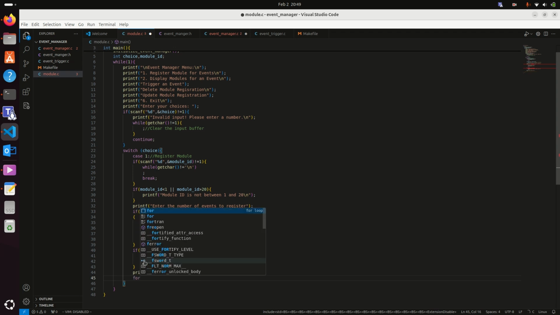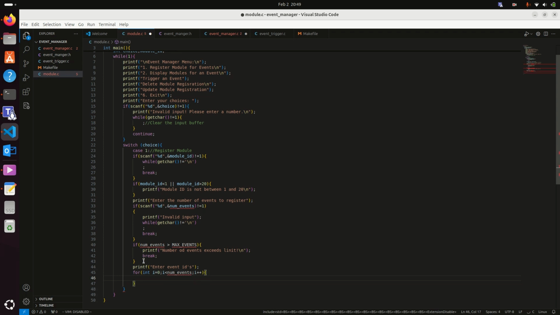I am creating an array of event IDs. So to get that I am using a for loop. In the same way, if